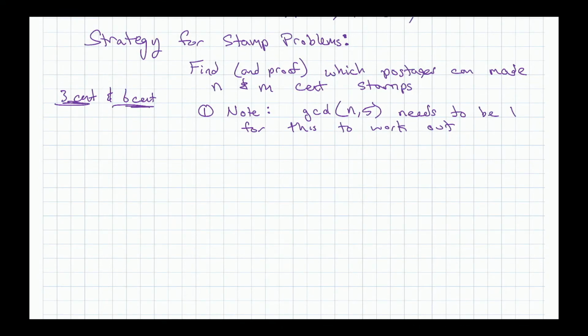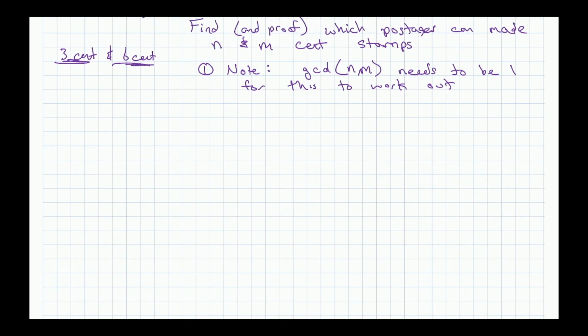Yeah, so the GCD needs to be 1 for this to work out. Okay. So oh, I wrote in and 5. N and M. All right. So like you couldn't do 3 and 5 because they have a 3 in common. Let's say, I'm trying to think of another number here. You couldn't do 8 and anything that has a 2 in it. So like you couldn't do 8 and 10. That wouldn't work because they have a 2 involved. So you can only make even numbers out of 8 and 10.